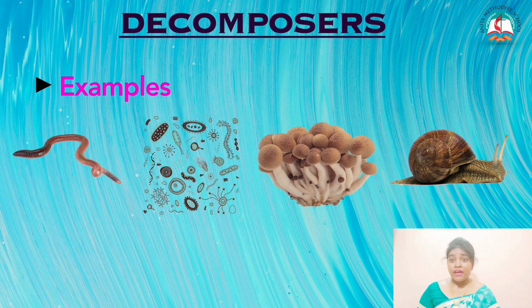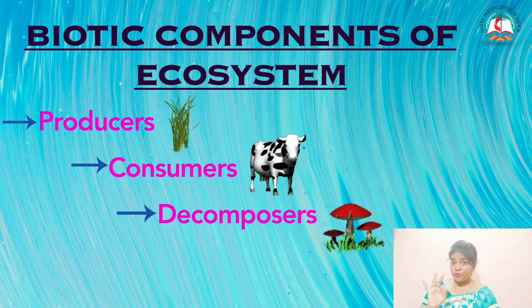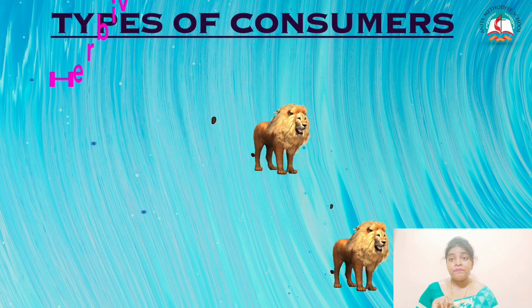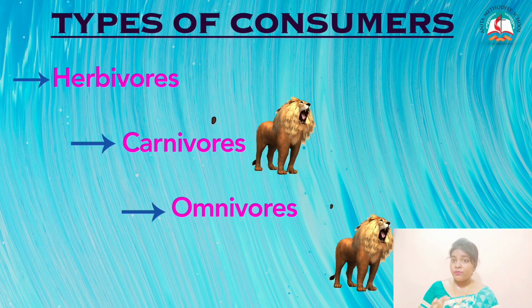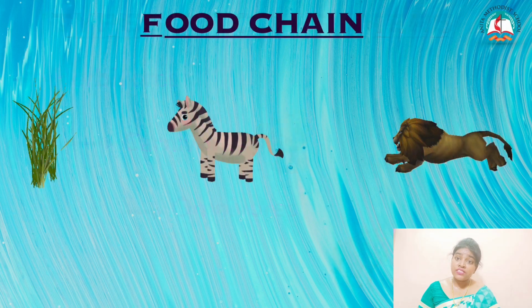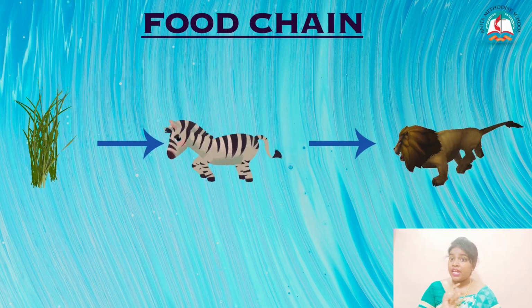So we have seen about three biotic components: producer, consumer and decomposer. And consumer consists of three types of animals in it. Okay. Herbivore, carnivore and omnivore. Let's get back to the examples which we have discussed earlier. Zebra eats the grass and lion hunts the